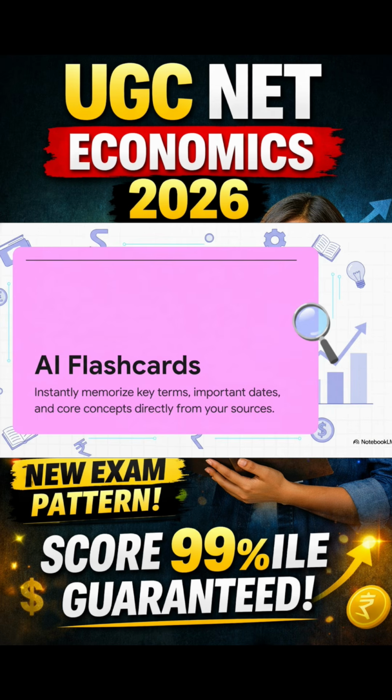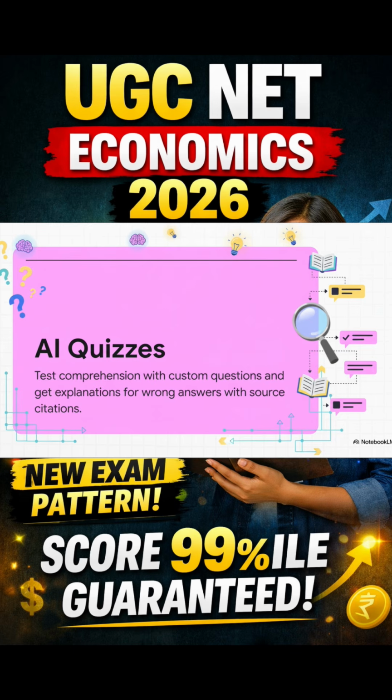First up, you've got AI flashcards. So you can just upload your lecture notes, maybe a few research papers, and bam! Notebook LM instantly cranks out a set of flashcards to help you nail all those key terms, important dates, and core concepts. Second, and this is where it gets really, really powerful, it can create quizzes for you from that exact same